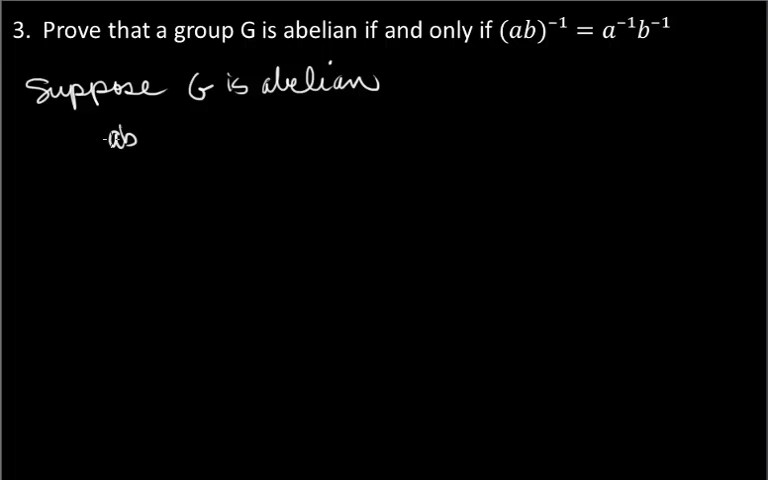Well, we just proved that (AB) inverse, this you can use now, is B inverse A inverse. That's by what we just proved in the problem before. And if G is abelian, that's A inverse B inverse. So we're done. Now suppose